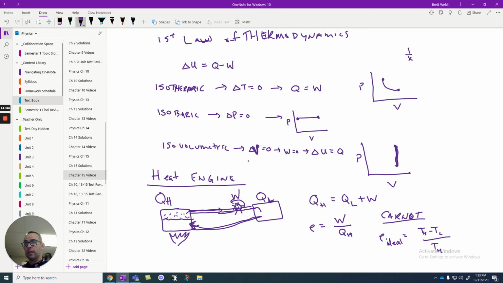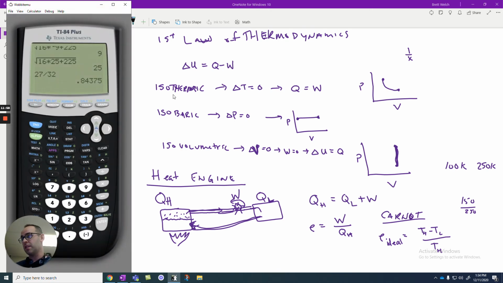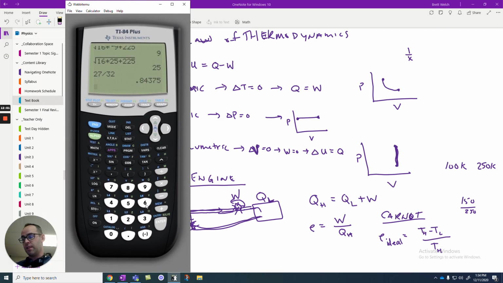Think of it this way. Let's say, and these have to be in Kelvin, I had a temperature difference of 150 Kelvin as compared to 250 Kelvin. The difference would be 150, divided by the high temperature of 250. So if those are the running temperatures, my engine is running at 250 on the inside and 100 is the exhaust. Then 150 divided by 250, I should know this one, it's 60%. I get a 60% efficient engine.